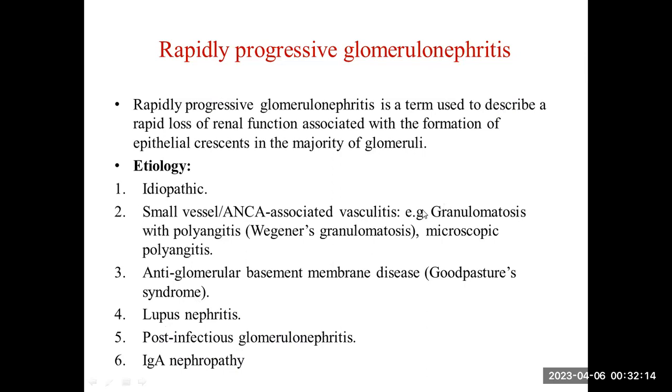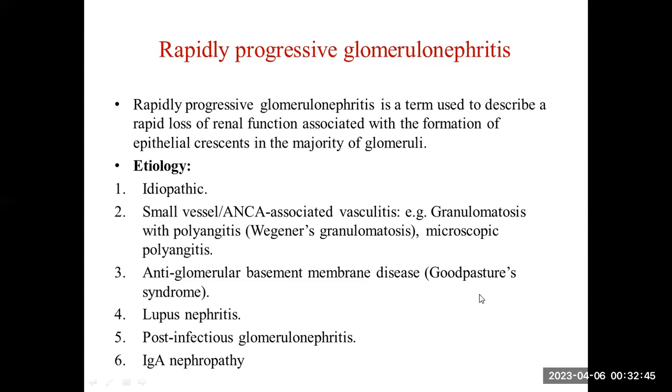So clinically, patients with rapidly progressive glomerulonephritis will present with acute kidney injury. You will have complications associated with AKI, so your management depends on controlling and supportive therapy for AKI. You will control all the complications of AKI. You control the fluid overload, you control the acidosis, you try to control the electrolyte imbalances, hyperkalemia. We will not go into details of management of AKI, but basically, when you are talking about rapidly progressive glomerulonephritis,